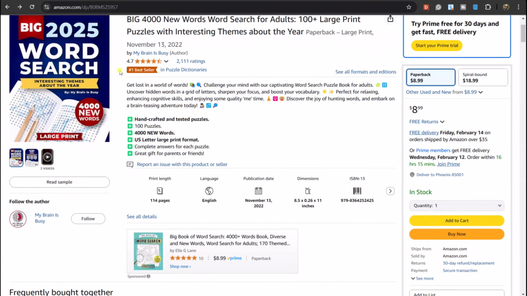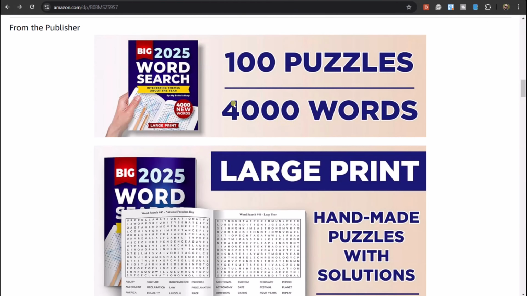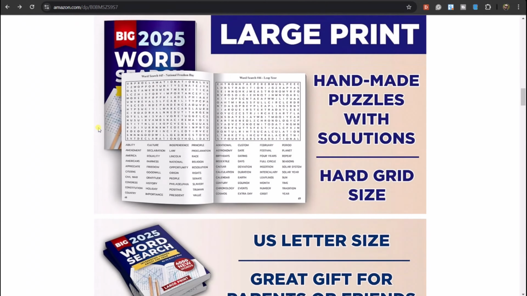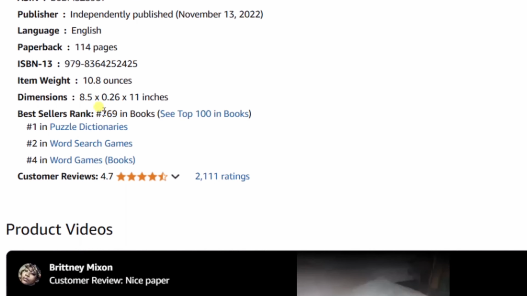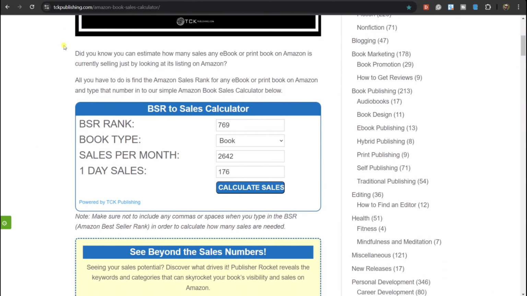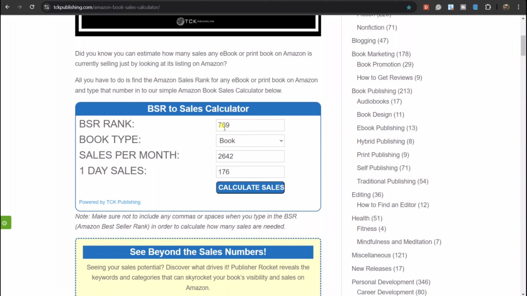So let's just pull this down. What we can see here is that each particular word search has 40 words to find, which means that the whole book has 4,000 words to find, and that's what it's advertising on the front. So let's just pull this down a little bit further. We can see that the bestsellers rank for this book is 769 in books. So if we pop over to tckpublishing.com and we put in the bestsellers rank of 769 in books, we can see that the sales that this book is doing is